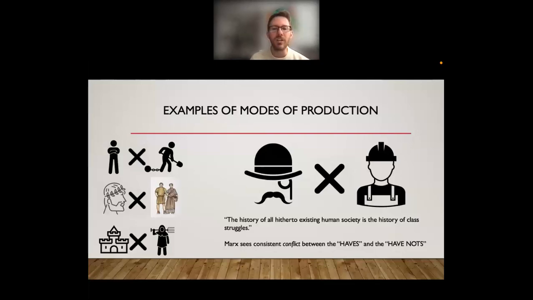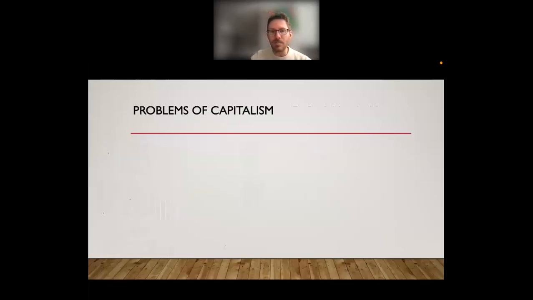Marx sees consistent conflict between the haves and the have-nots. You have the haves on the left and the have-nots on the right of each of these systems. So recognize the relations of production are largely who owns the means of production and how they distribute the necessary items to survive. In capitalism, particularly,